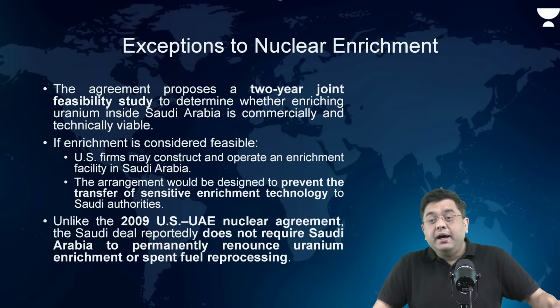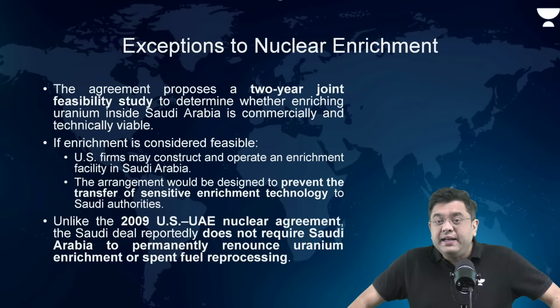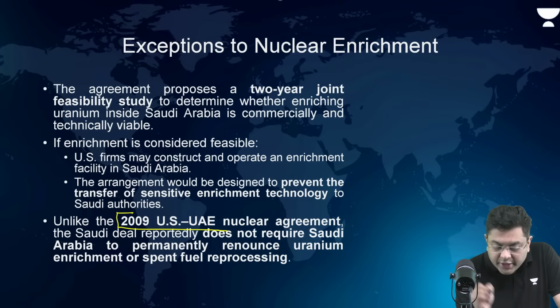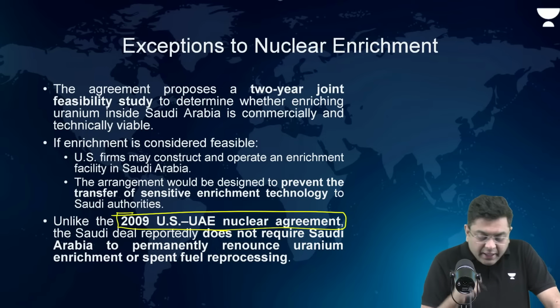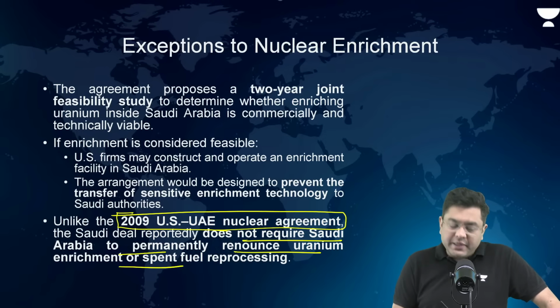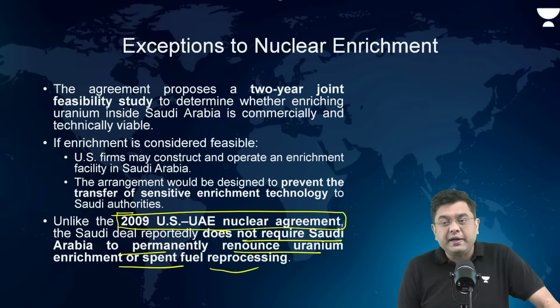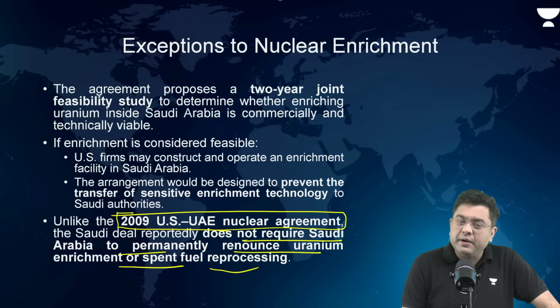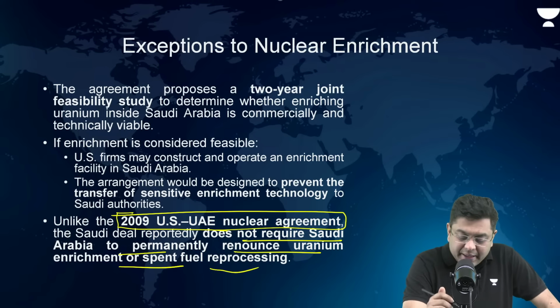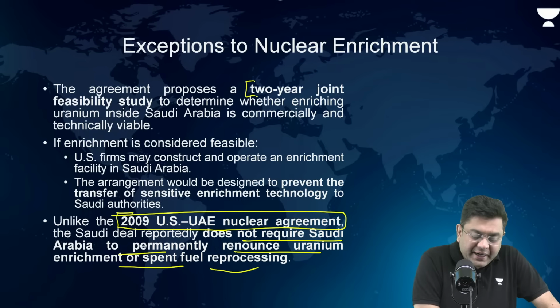Now, here, there has been a certain exception provided to the Saudis as compared to the 2009 US-UAE nuclear arrangement. The Saudi deal does not require Saudi Arabia to permanently renounce nuclear enrichment or spent fuel reprocessing. It is only a temporary aspect. It also proposes a 2-year study period. Now, this 2-year joint feasibility study period